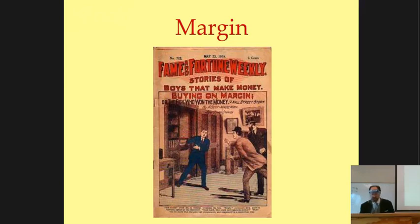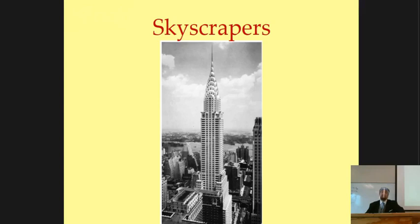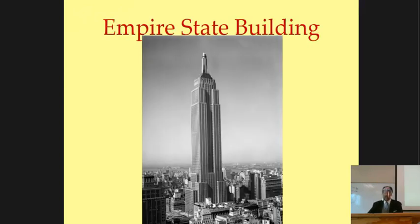And of course, as businesses boomed, so did the need for office space. And a new wave of skyscrapers was built in the early 1900s, especially the 1920s, but with the Woolworth Building and others, even before that. In 1931, the Empire State Building was completed. But by that time, the economy was no longer booming, and no more buildings of that size would be built